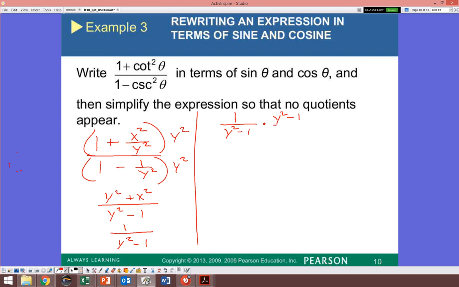Y squared minus 1 over y squared minus 1. But what is that going to give me? I'm still not going to fix the bottom piece. You're almost there. You're like 90% there on the right track on that one. Take out the bottom part. Okay, I kind of can. I could do that, right? So if I go with, instead of doing that,